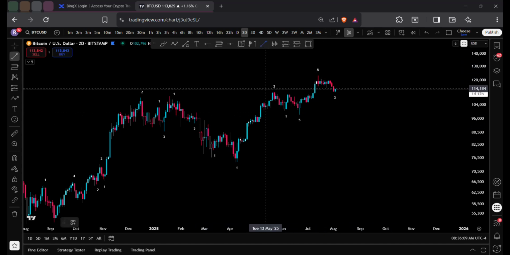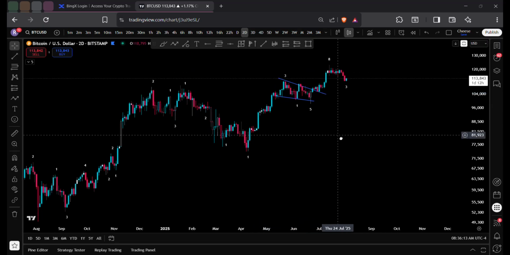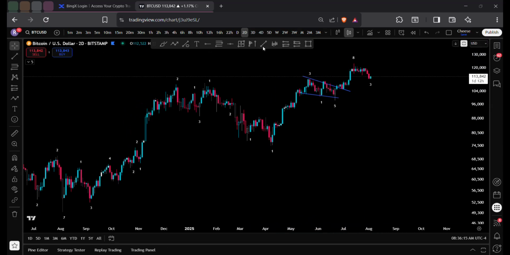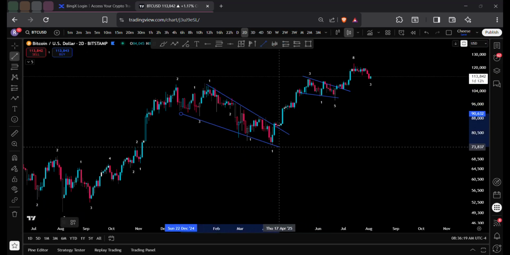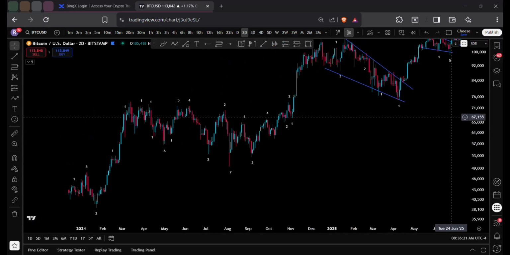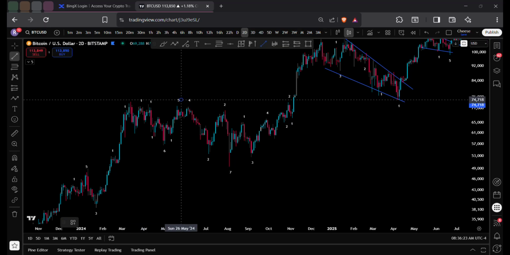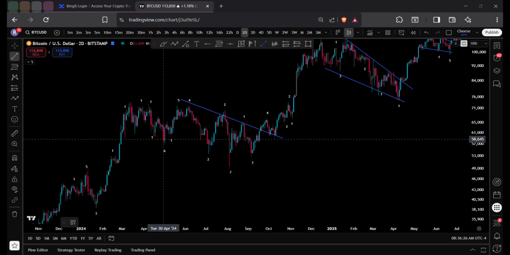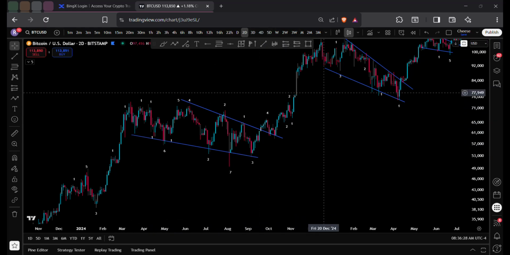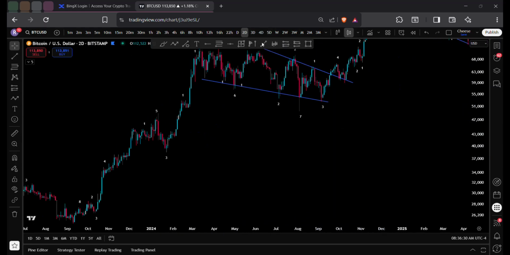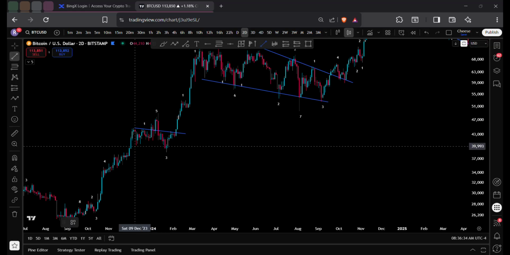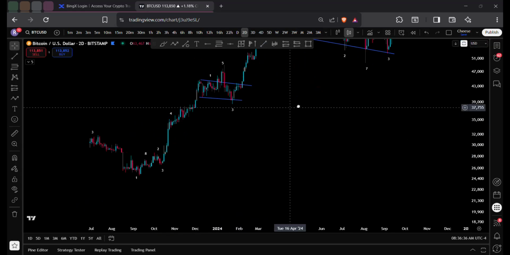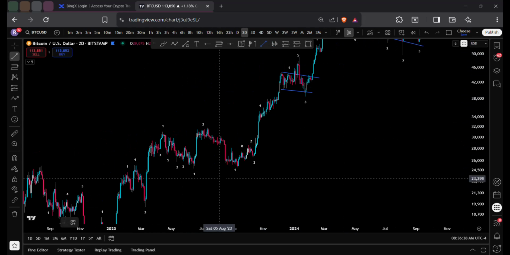What do I mean by that? Well, Bitcoin made a bull flag, right, and then broke to the upside, and then Bitcoin made a bull flag, and then broke to the upside, and then Bitcoin made a big bull flag, right, and then it broke to the upside, and then Bitcoin made kind of like a bull flag, right, but broke to the upside, and then over here